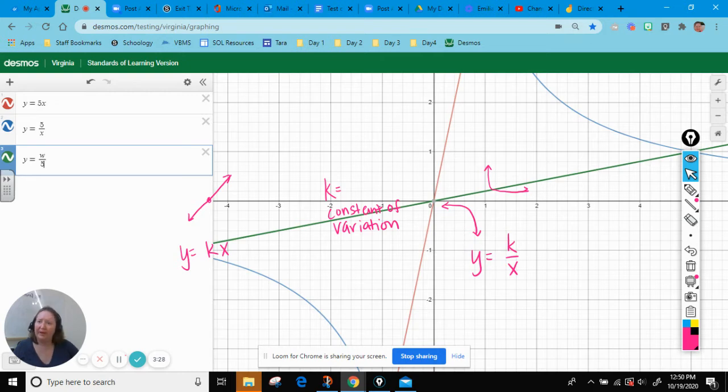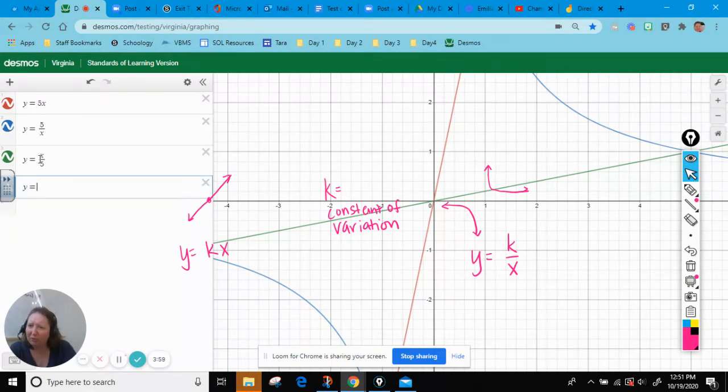Oh, well, that did something. Oh, I put w in there. That did something different than what I expected. I thought I was going to get the same kind of thing that I got in the blue lines, but actually this is a direct variation. Well, why is that? Because, first of all, let's change this to an x because that's what it really should be. There we go. Because this right here means the same as y is equal to,